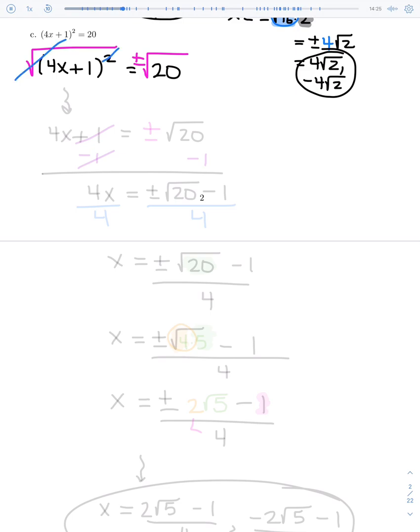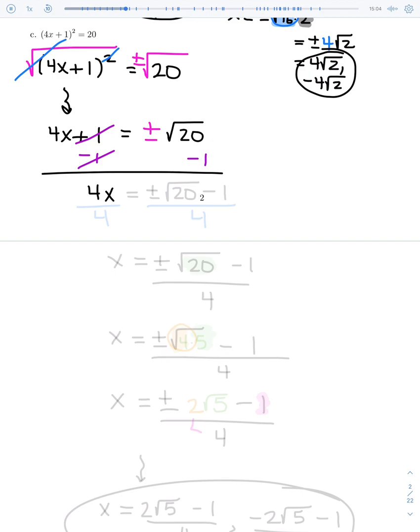Remember, the square root and squared cancel each other out, but it's not just an x under now. It's a 4x plus 1 that's still going to be there. Equals, we still have our plus or minus on the right-hand side, and we still have a square root of 20. We're getting there. Continue solving this as if the square root of 20 weren't there. The next thing you would do is the same thing you normally do with an equation, subtract 1 from both sides. So that would give you a 4x, because the 1s would cancel,